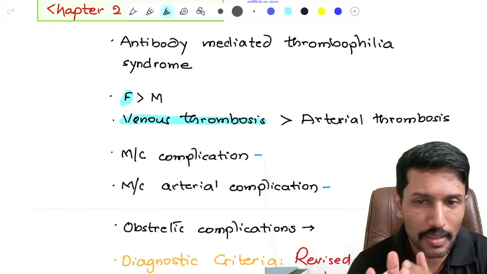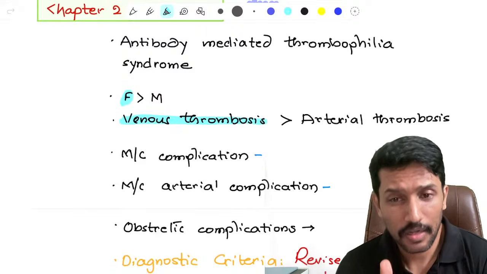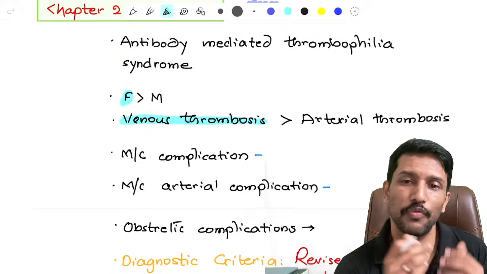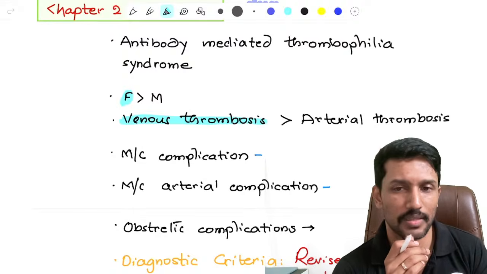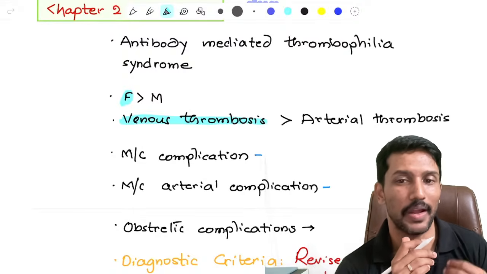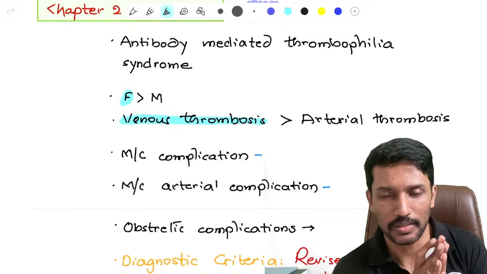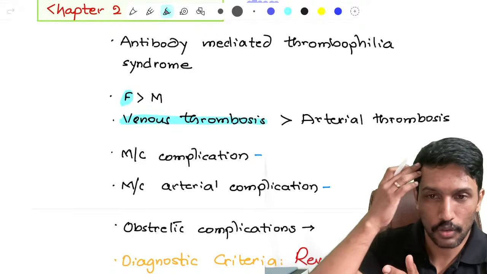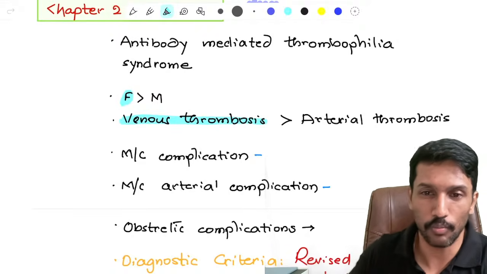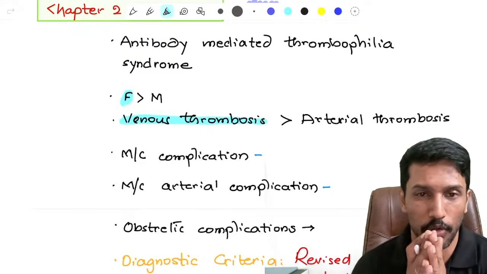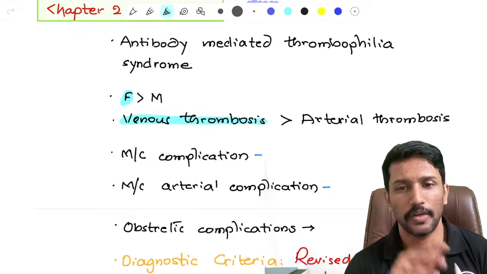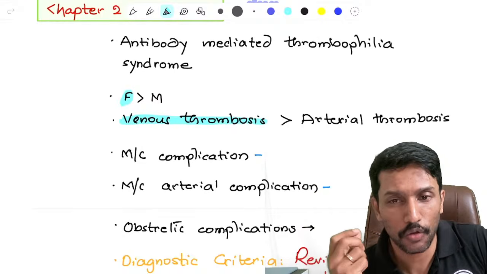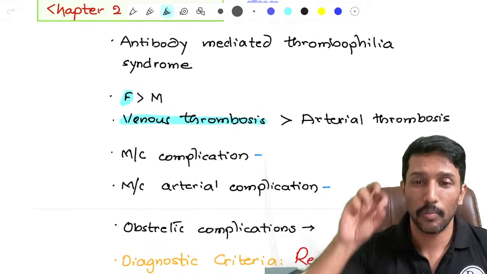Arterial clots can also happen. Generally, arterial clots are because of atheromatous plaque rupture. Venous clots are because of thrombophilic syndromes. So if I have protein C, protein S deficiency, antithrombin 3 deficiency, factor 5 Leiden mutation, or APS, I'm more likely to develop clots in the veins, like cortical vein thrombosis, deep vein thrombosis or DVT, eventually leading to pulmonary embolism. But if I have atheroma burden, a high LDL, development of atherosclerosis, someday plaque ruptures, a platelet plug forms,